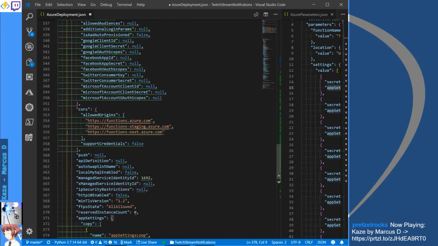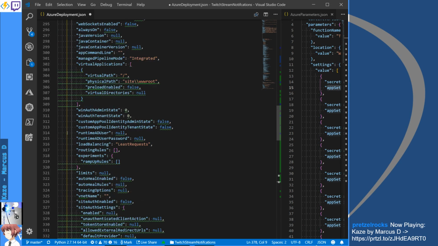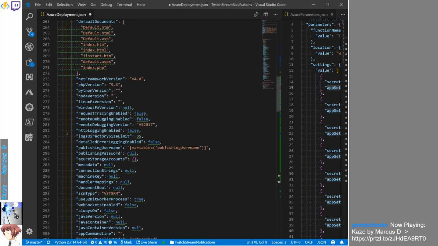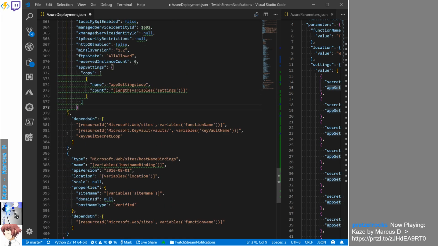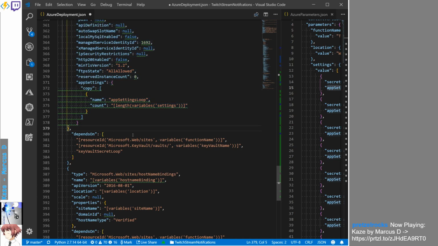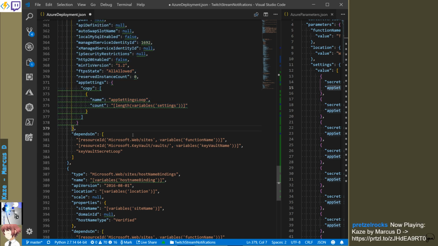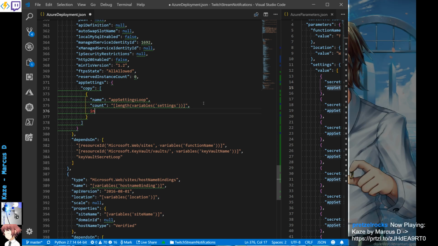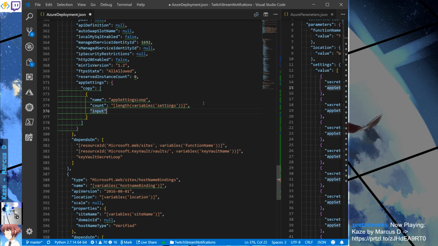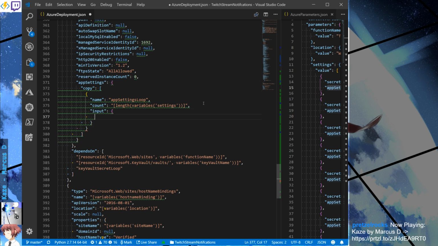Did I somehow put in an extra thing? No, I put that at the end of the properties. Just got out of whack. Okay, so name, count, and then input. This is probably all wrong, but